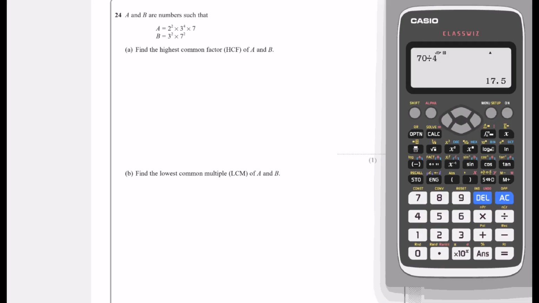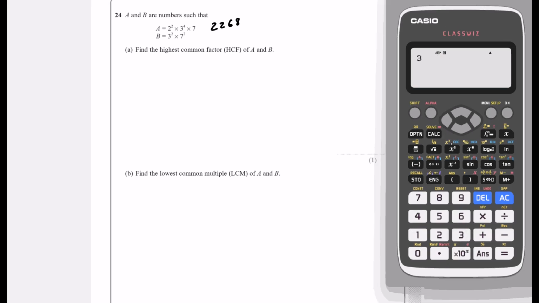Question 24. A and B are numbers such that A is 2 squared times 3 to the power of 4 times 7. If you wanted to work out what number it is, we could. It is 2,268. B is 3 squared times 7 squared. So B is 441. Find the highest common factor of A and B, but we don't really need to know